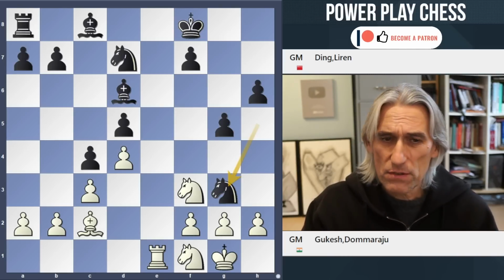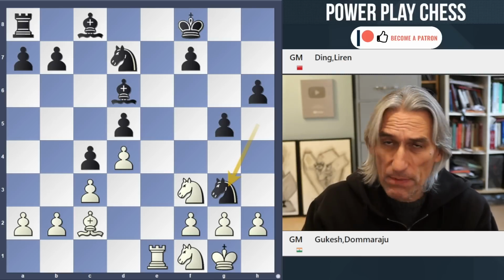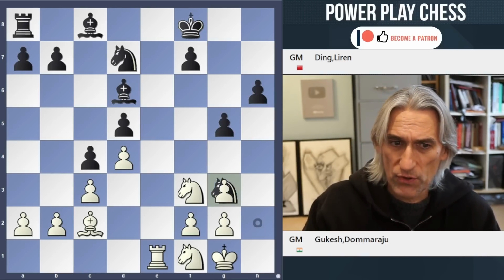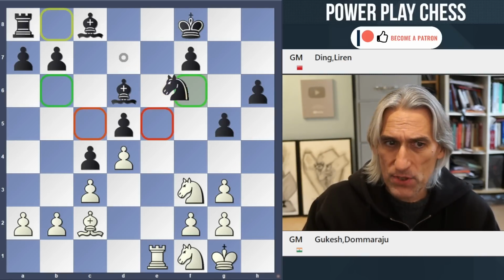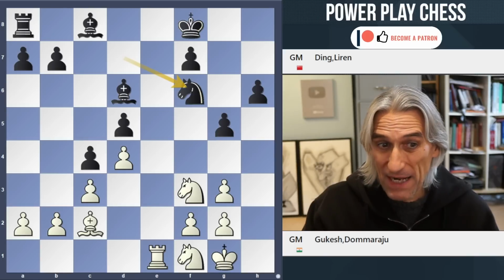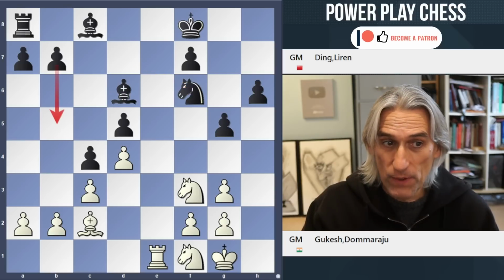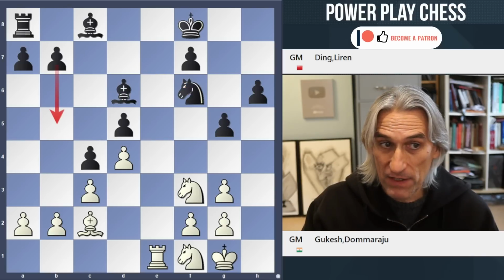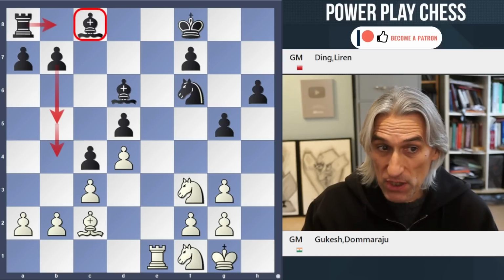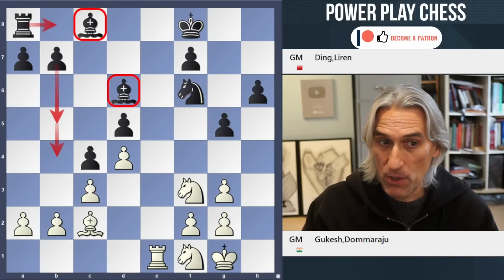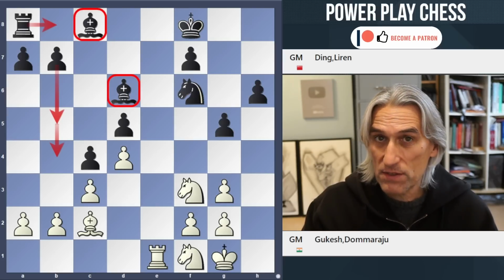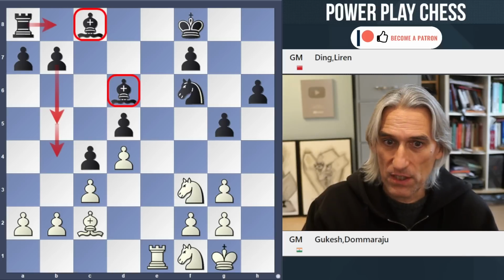And Gukesh talked about this position after the game, and he just thought that black should be absolutely fine here. Indeed, black can even think about gaining the initiative on the queen side with b5 and potentially b4. And with the two bishops, in particular that dark squared bishop, which doesn't have an opponent, that looks nice for black. Certainly there's potential to get the initiative.